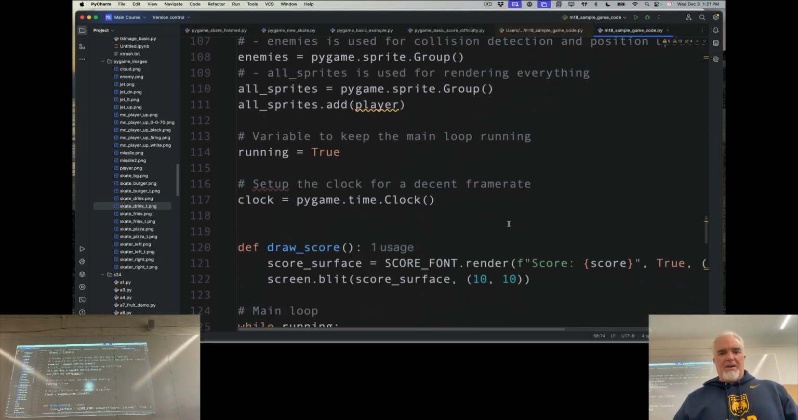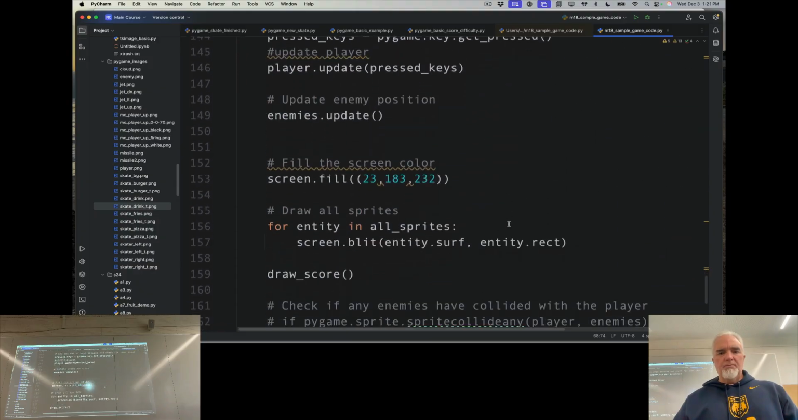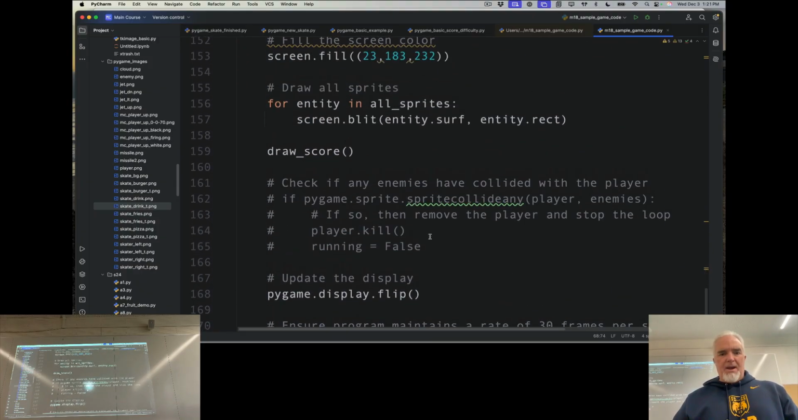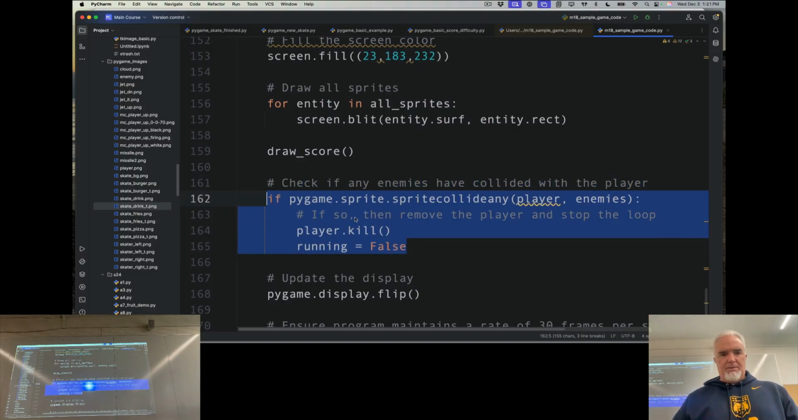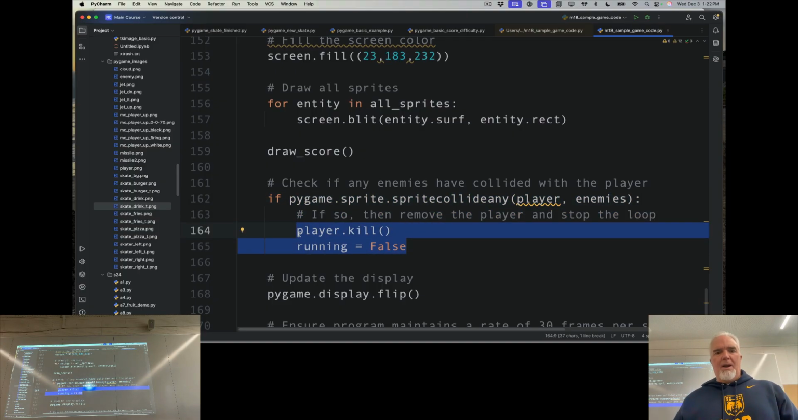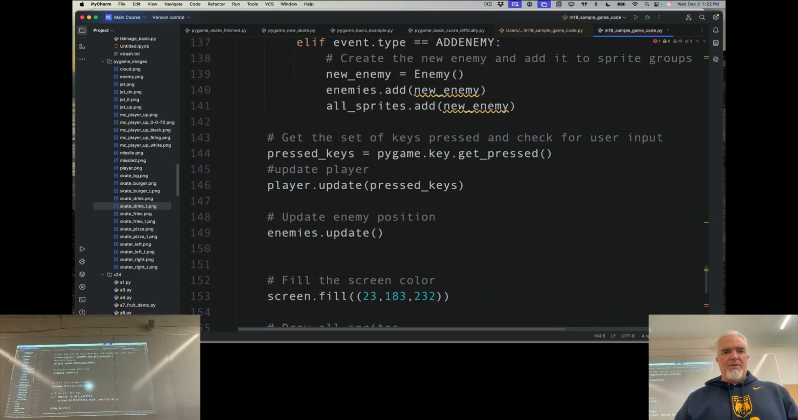is if I scroll down here, right here is what happens when I lose the game. So I'm going to uncomment this part. And I'm going to take this because what I'm going to work on here is the opposite. So if